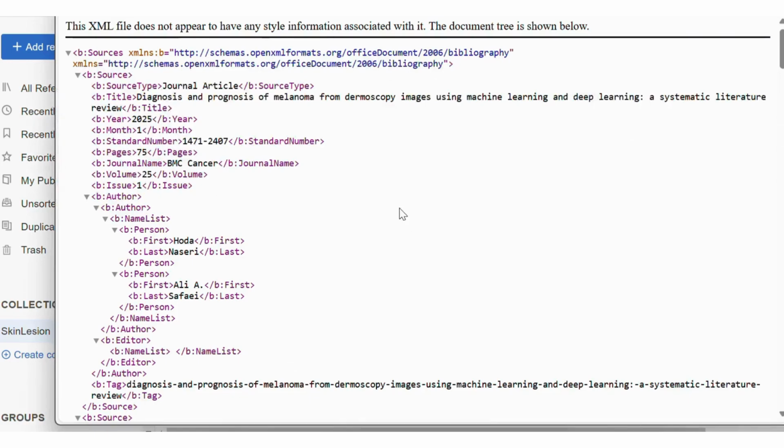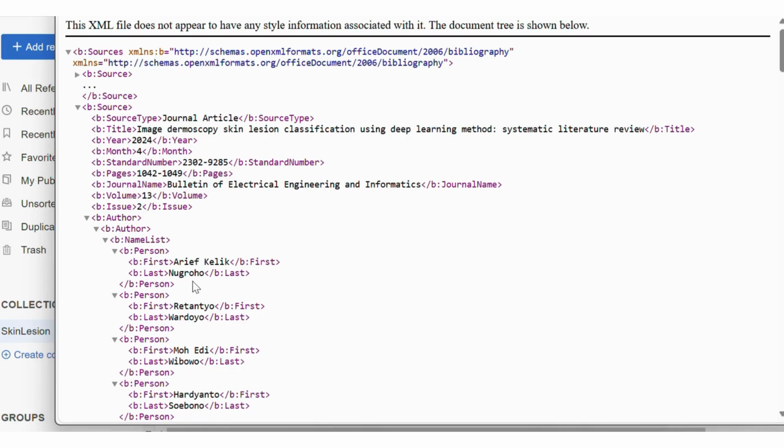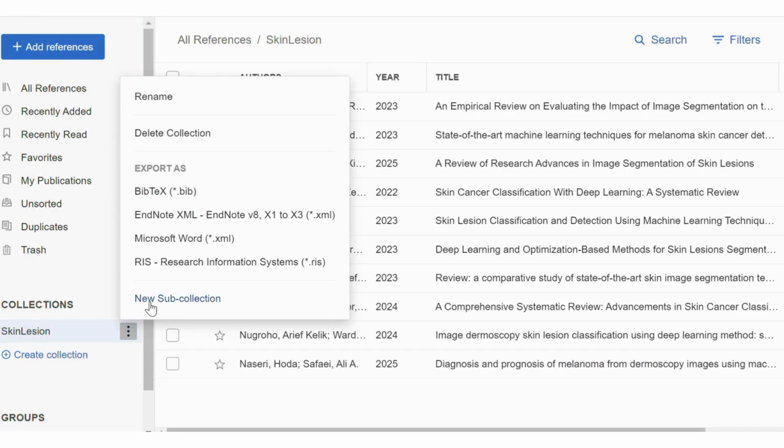After opening the file using an XML viewer, we can see each reference is stored as a structured entry. Fields like title, author, journal, year, volume, pages, and DOI are clearly tagged. The format is machine readable, which helps in importing to other tools. Now let's export it